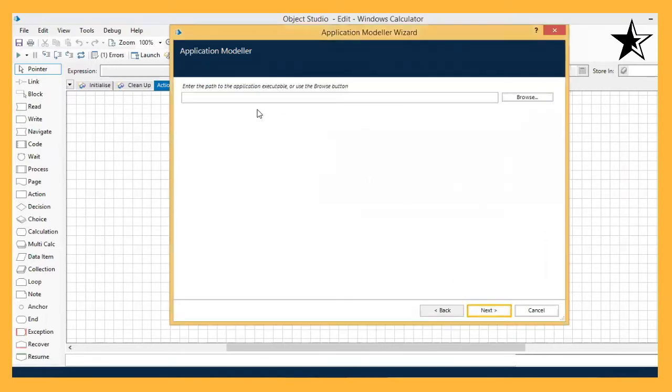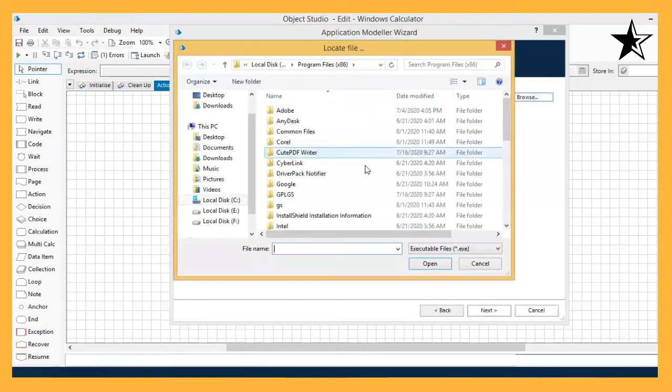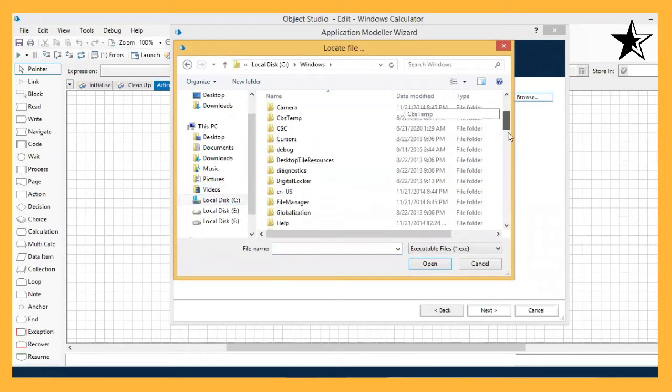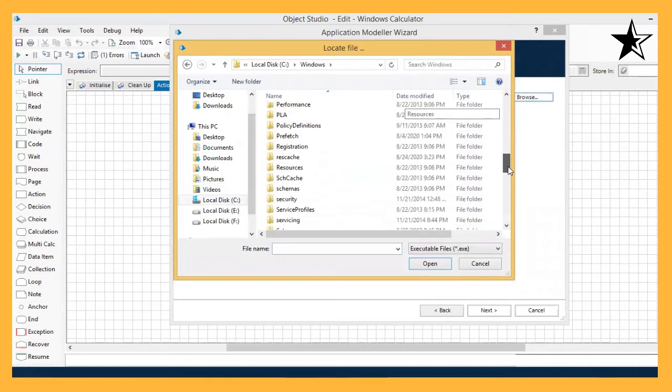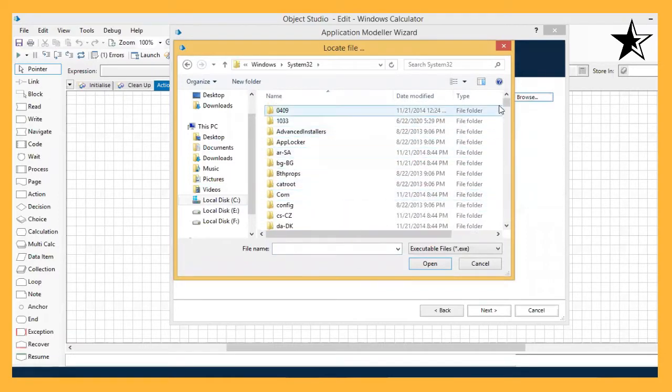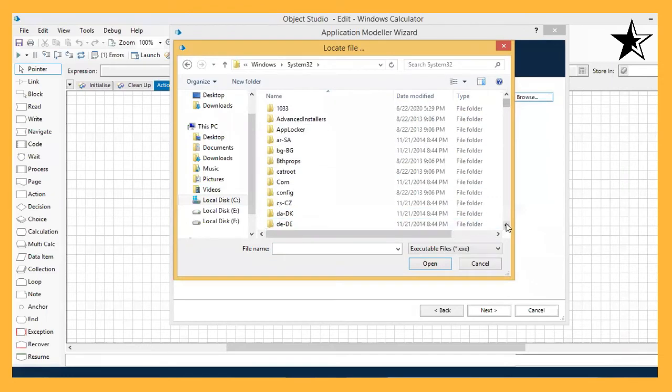Next, we need to specify the path where the executable file exists. So I am going to browse it. I am going to go into the C drive, Windows, and inside Windows I will find System32. In System32, the executable file.